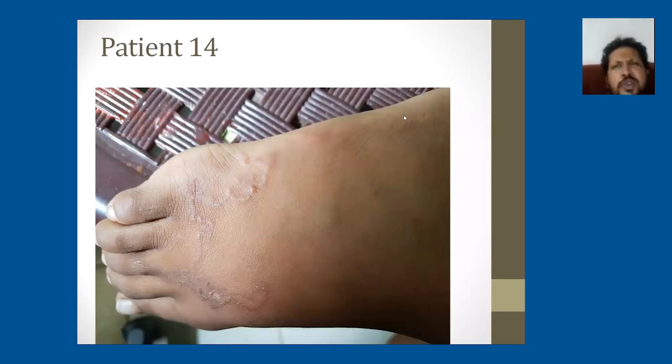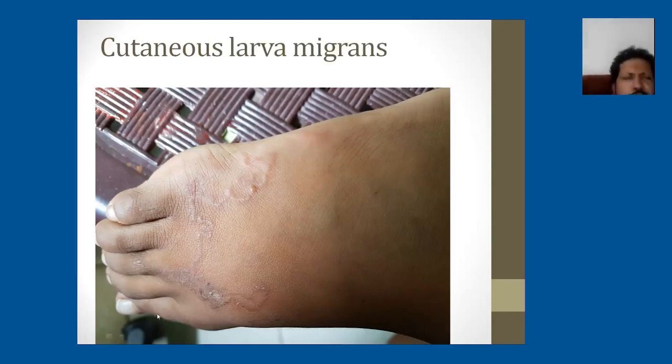So this is a pruritic rash on the dorsum of the foot for 2 weeks duration. Anyone? What do you think this is? Hookworm. Sorry, can you speak a little louder? I can't hear. Cutaneous larva migrans. Yes, sir. Cutaneous larva migrans. So basically, larva migrans is due to animal